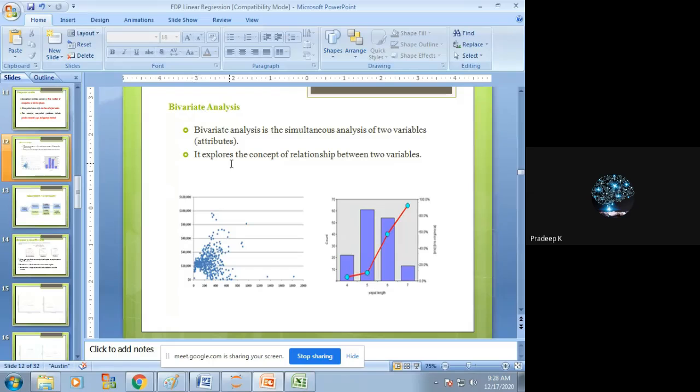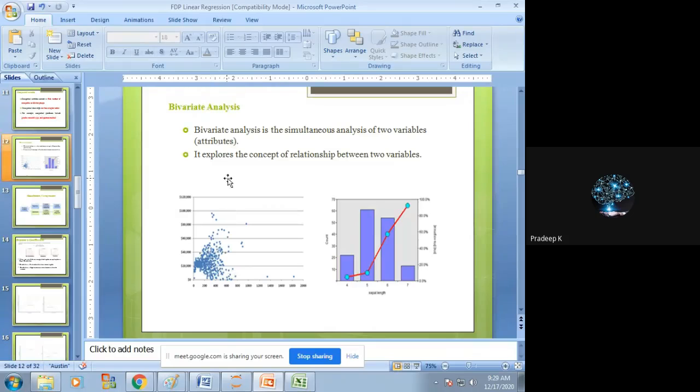So bivariate analysis uses the relationship between two variables, the independent and dependent variables. We always keep our independent variable on the x-axis and the dependent variable on the y-axis. What's the meaning of that? If there is any change in the x-axis, that is the independent variable, there is some change in the dependent variable, right? So bivariate can have any combination, numerical to numerical, numerical to categorical, categorical to numerical, or continuous to numerical, anything,